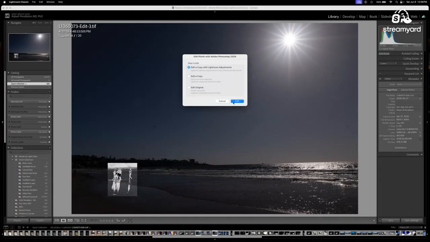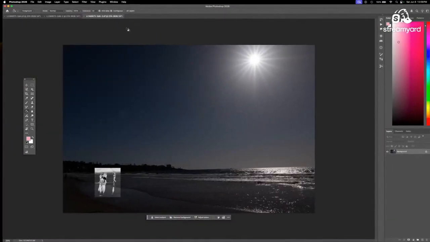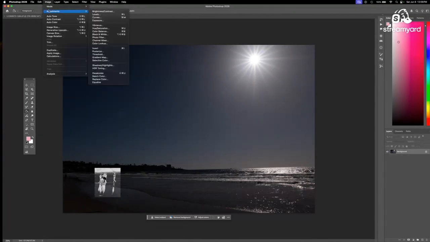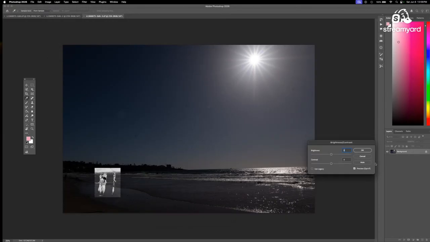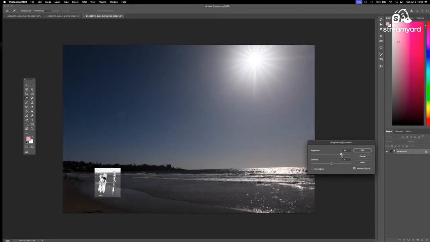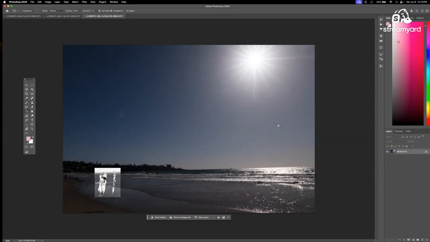I like to brighten in Photoshop, so it does have a dust removal tool, which is really great. So it gives you some idea of what I do with my process.